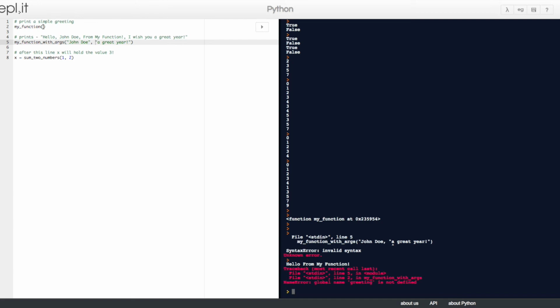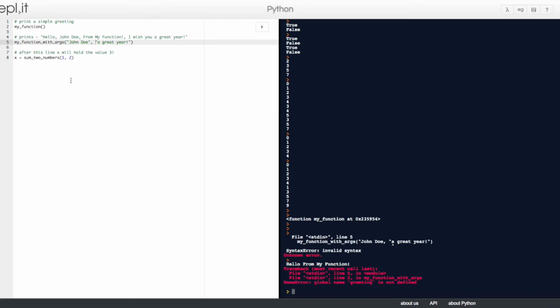Let's make sure everything's okay here. Prints hello, my function with arguments is John Doe and a great year. And then x is the sum of the two numbers.